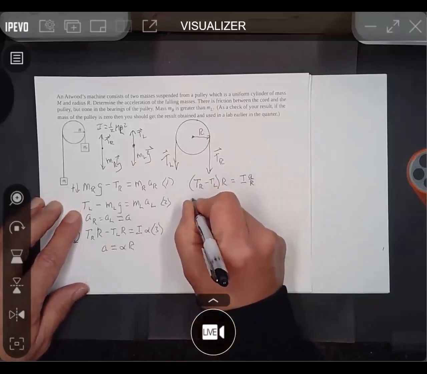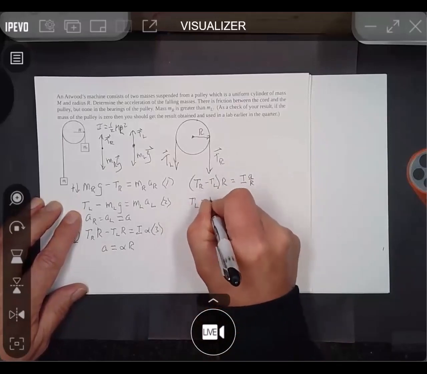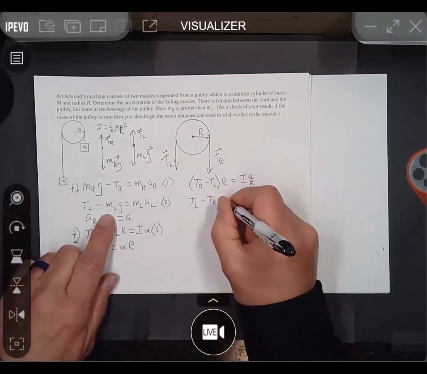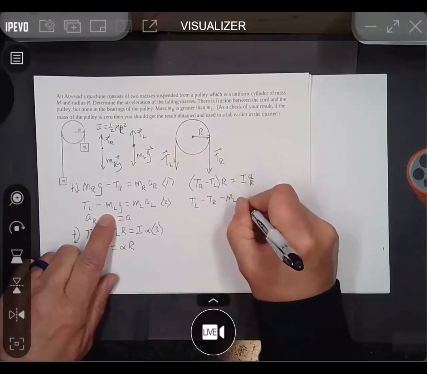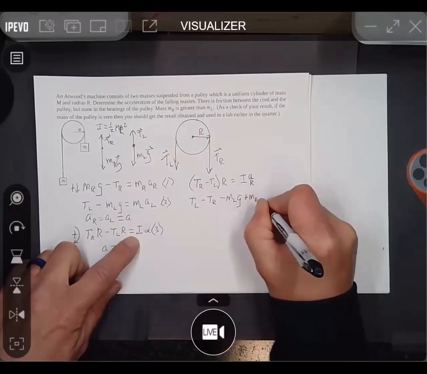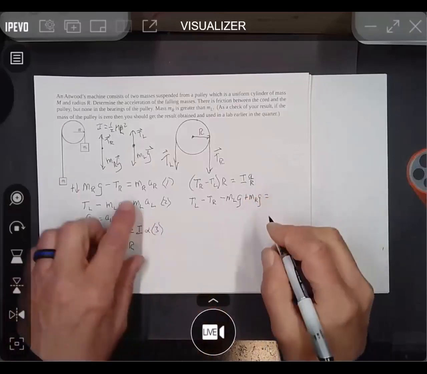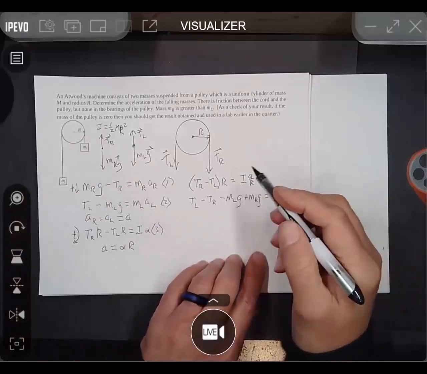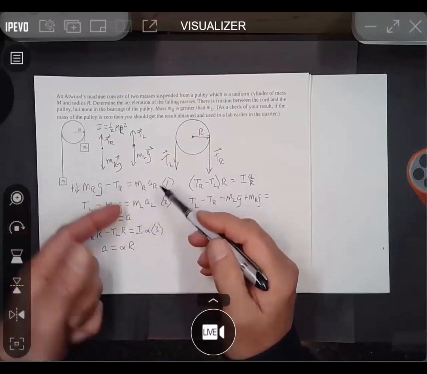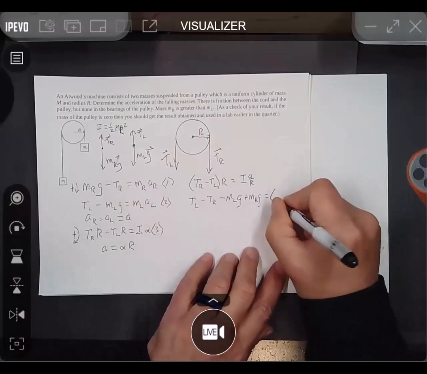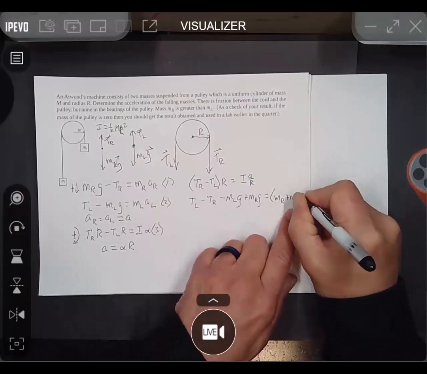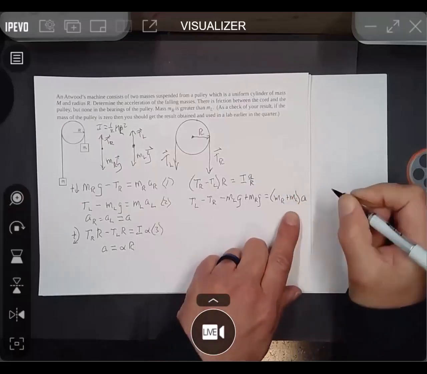I'll get T sub L minus T sub R minus, and I'm just grouping those together, minus M sub L G plus M sub R G is going to equal, let's see, the A's, A sub R and A sub L, are just equal to A. So on the right side, I'll have M sub R plus M sub L times A. So that's what I have